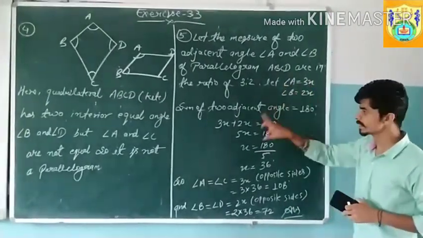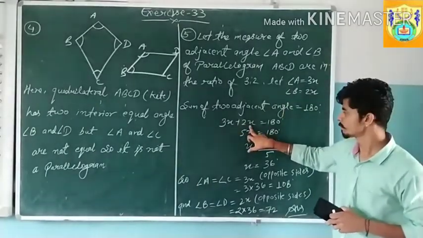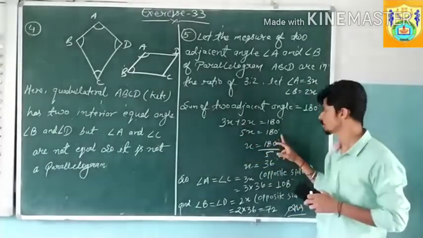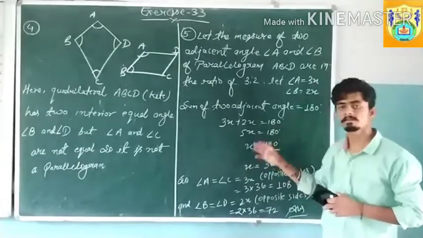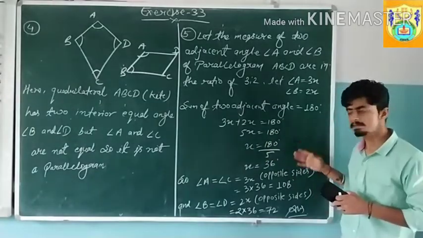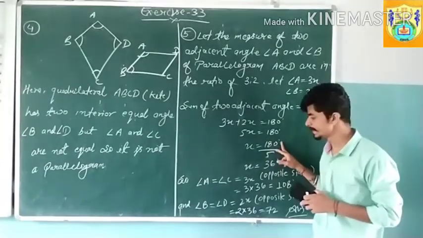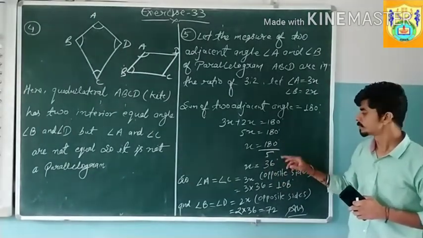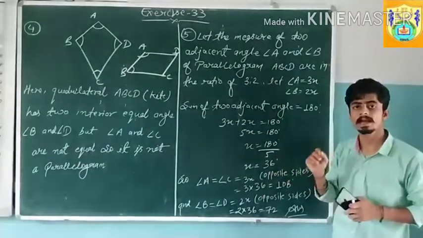Angle A is equal to 3x, that's why we put 3x here, and angle B is equal to 2x. So we put here 2x is equal to 180. 3x and 2x will become 5x is equal to 180. 5 is in multiplication form with x, so it will be transferred from LHS to RHS, from multiplication to division form, and 5 will divide the 180. So by 36 times it will be divided. So we get x is equal to 36 degrees, the measurement of x only.